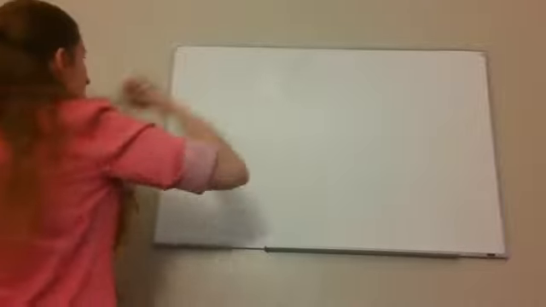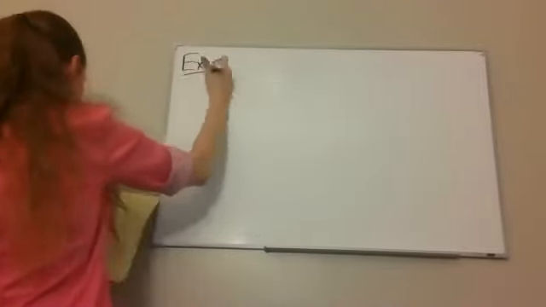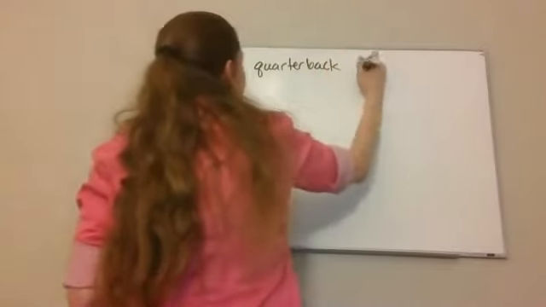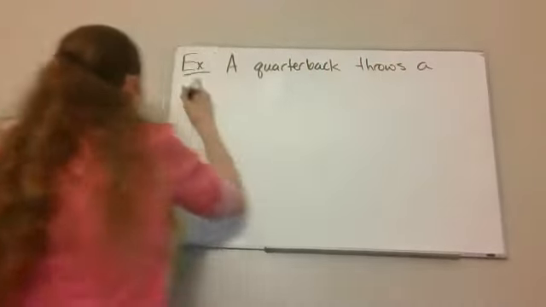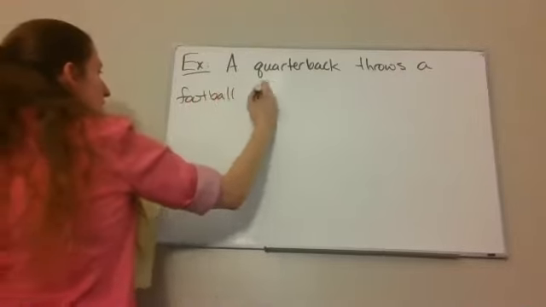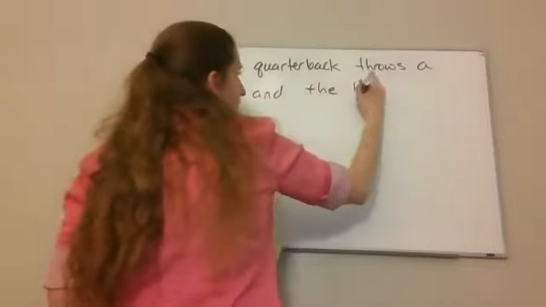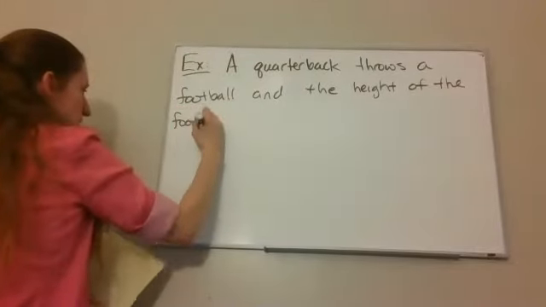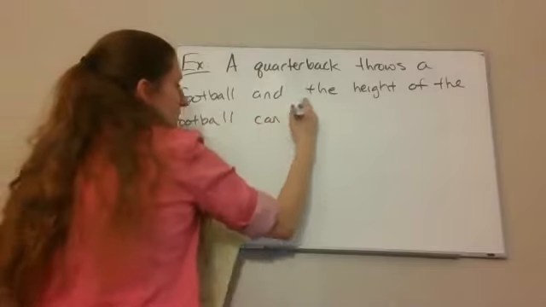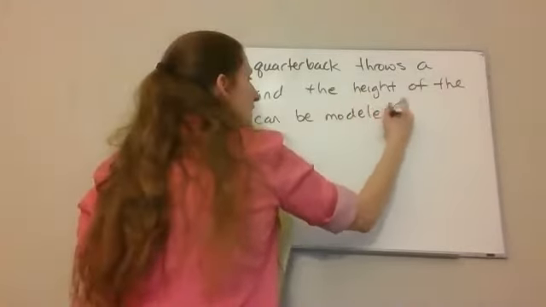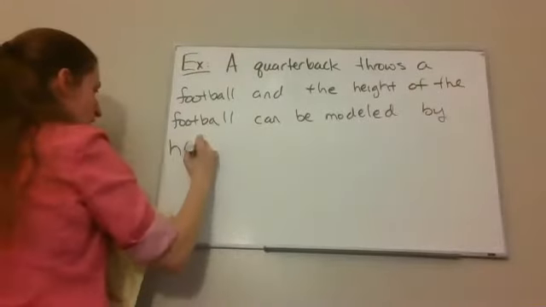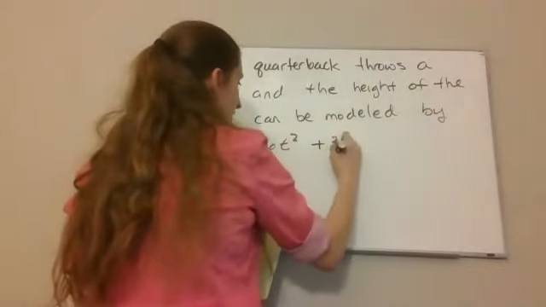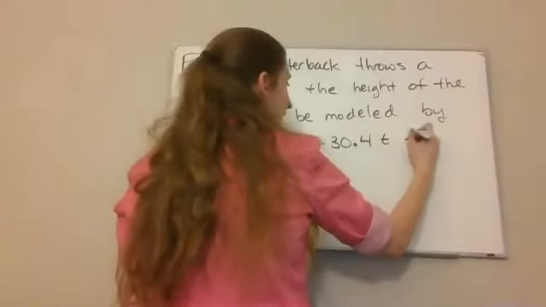So for our first word problem, a quarterback throws a football and the height of the football can be modeled by the function h of t equals negative 16 t squared plus 30.4 t plus 5,